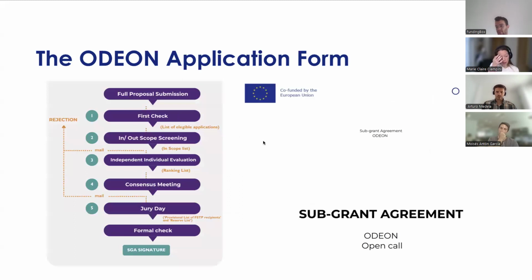So here I'll be talking about the evaluation stages. As I mentioned, there are different evaluation stages, and now we're going to deep dive into what each stage means for you. Once the call closes on the 9th of July, there will be a first check, and this check is called the eligibility check. And here we make sure that you have complied with the basic requirements, the basic requirements that I mentioned earlier on in the presentation that are outlined in the open call terms and conditions. So we need to make sure that you're from a member state and associated country.